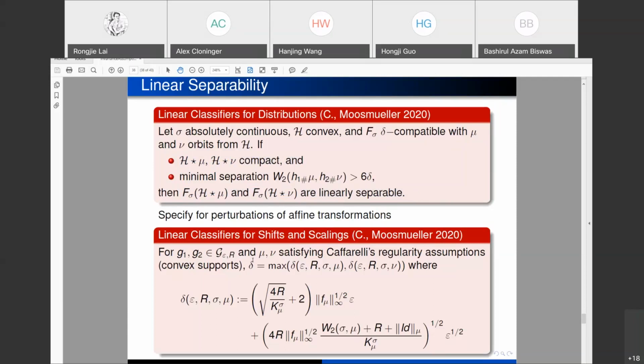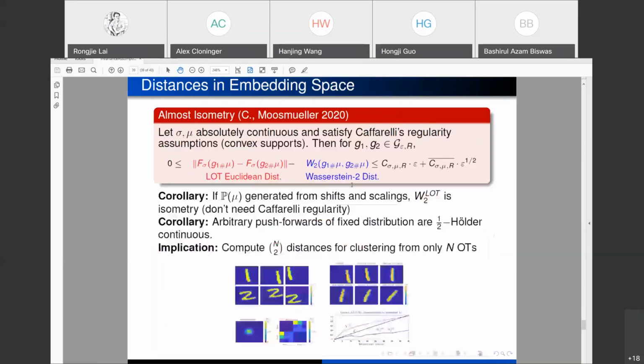Okay, and I should note, when we're working very, very specifically with shifts, scalings, affine transformations, and perturbations, we have exact results about what delta has to be for this Wasserstein distance so that all of these things work out nicely. Okay, and they're related to sort of how far away is mu from sigma, and so on. I won't go into all of the conditions. These are not perfect bounds. We want to make these better. But the point is that